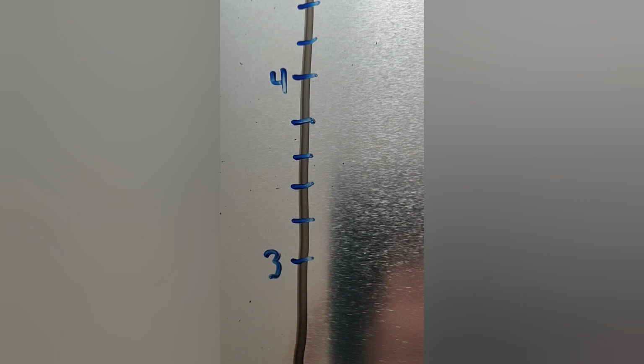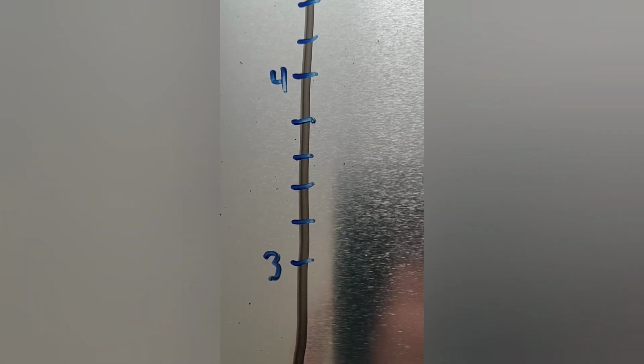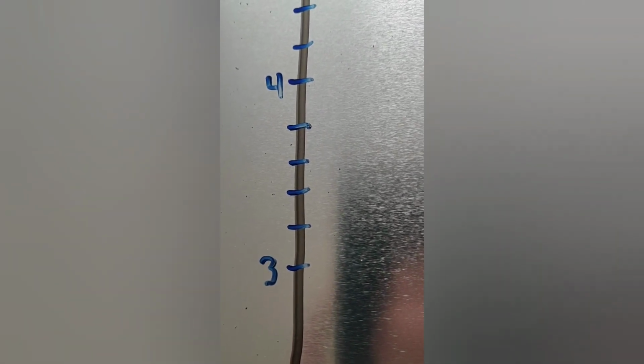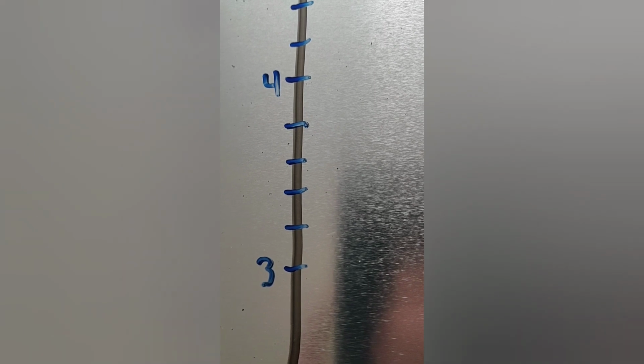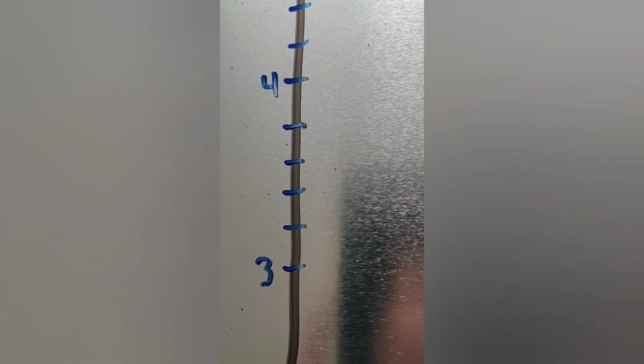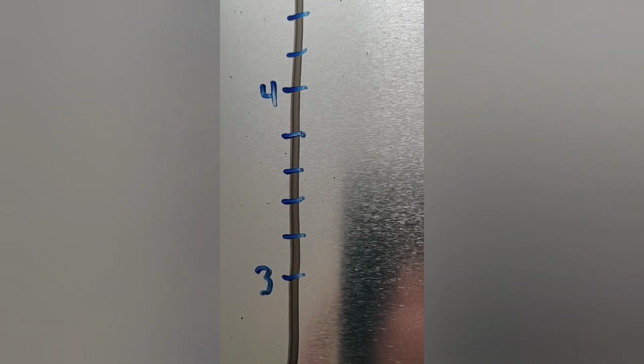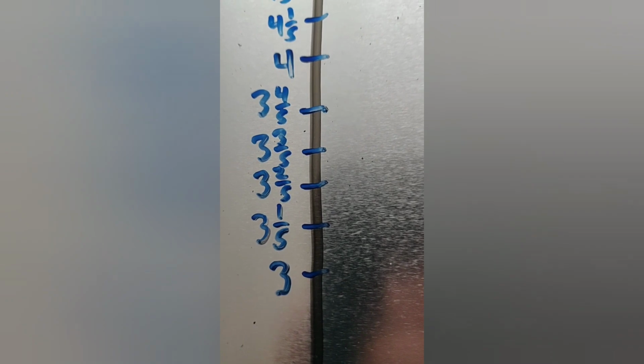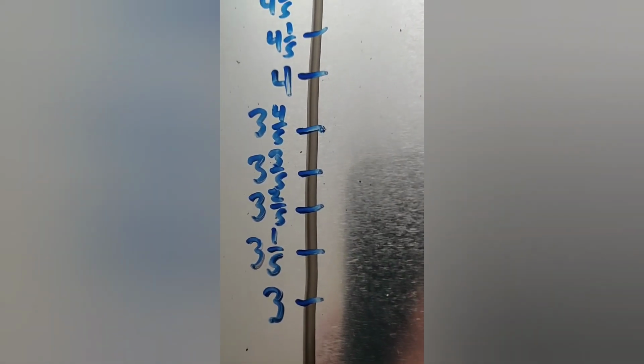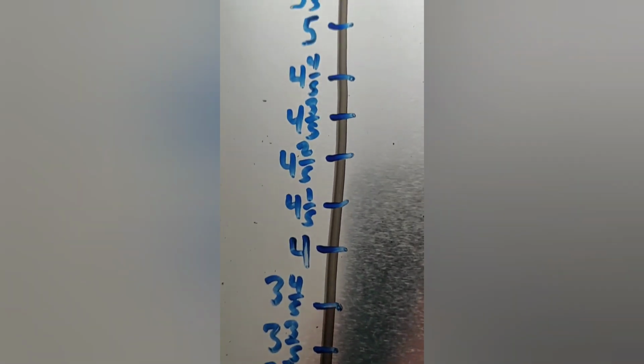But for now, remember that our wholes are broken into 5 equal parts. Now I can go ahead and label the rest of those parts. So between 3 and 4, it'll be 3 1/5, 3 2/5, 3 3/5, 3 4/5, and then 4, and so on. So this is what that looks like. So starting with 3 wholes, we have 3 and 1/5, 3 and 2/5, 3 and 3/5, 3 and 4/5, 4,